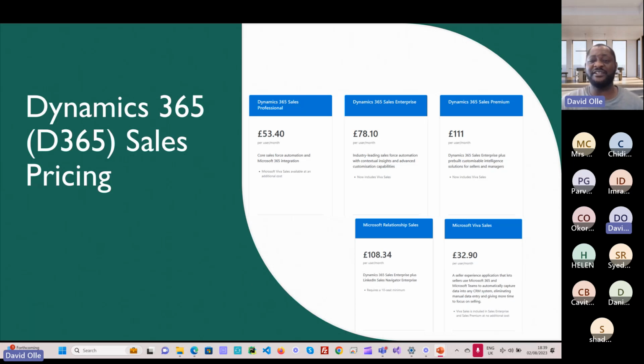I don't know what it would translate to for other currencies in your country, but typically what you're looking at is £53 per user per month, right? And then for Sales Enterprise it's £78, though obviously at the point this presentation was being created, that is the figure that might have changed. If you're looking at Sales Premium, that's £111 per user per month. They're not particularly